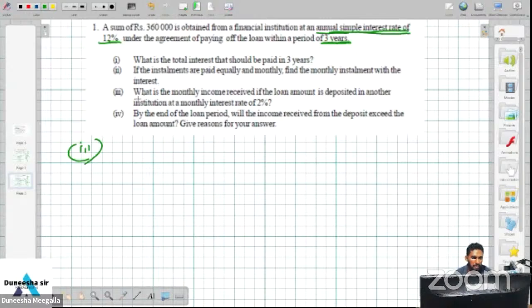Asking what is the monthly income received if the loan amount is deposited in another institution. Monthly income